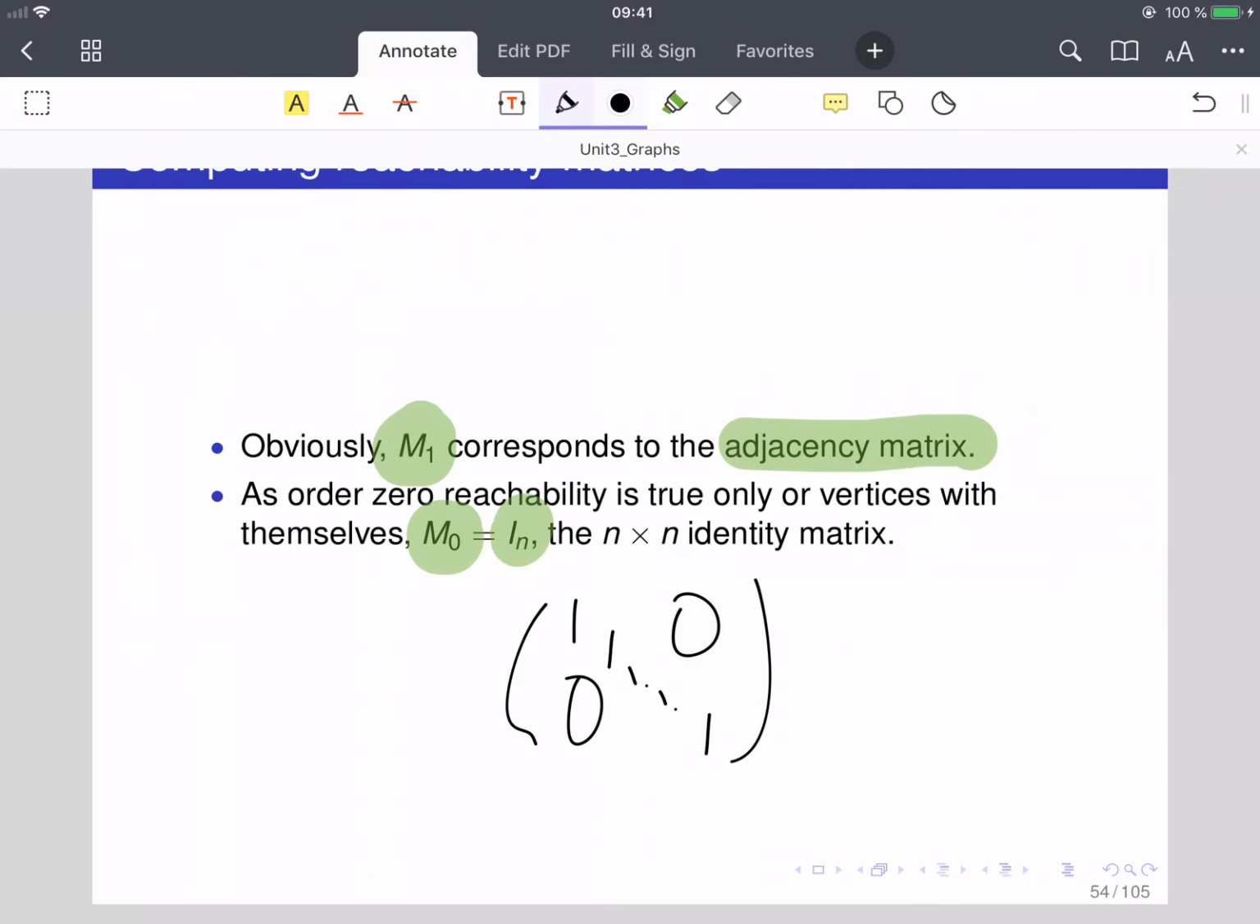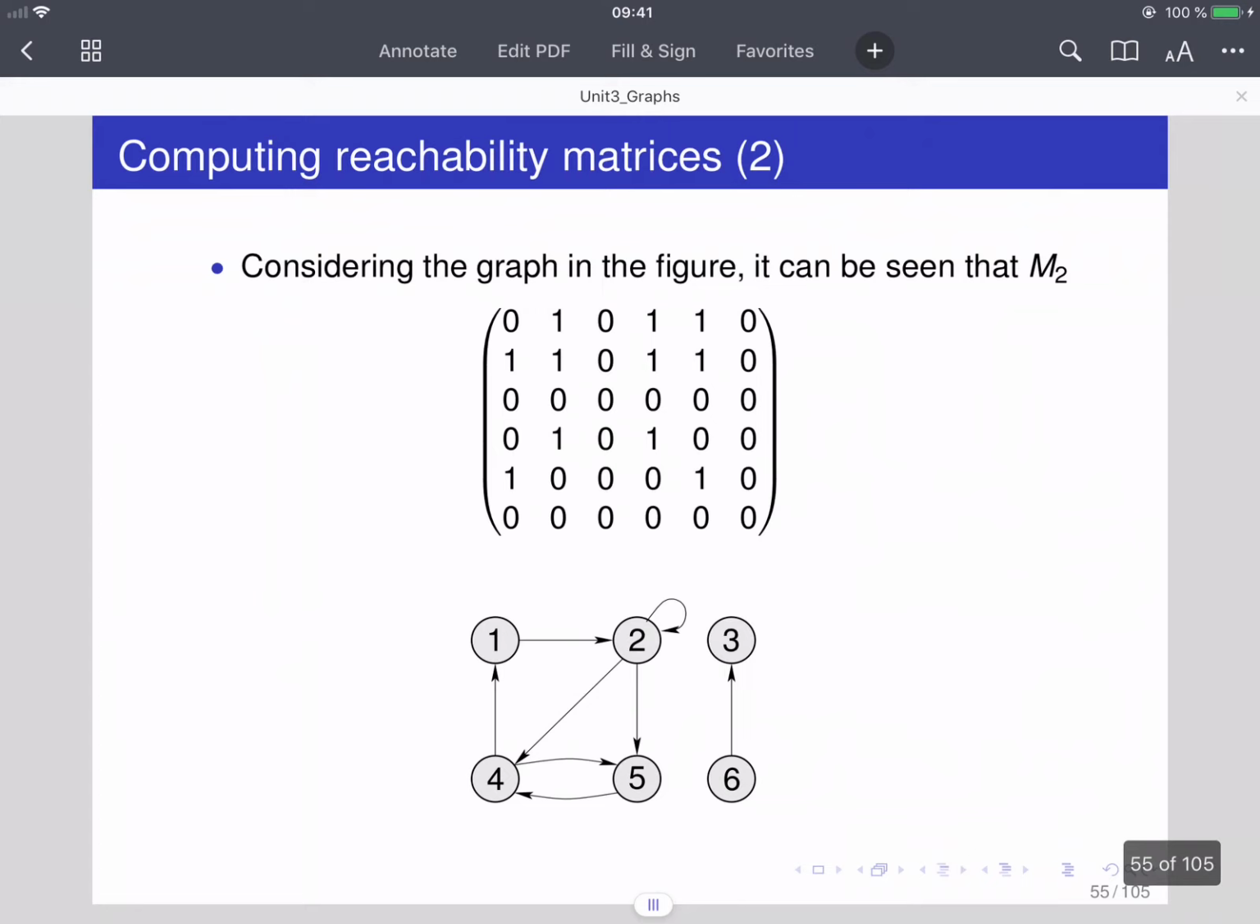And well, let's see how we could compute the next matrix. We know how to compute the zero reachability matrix. We know how to compute the one reachability matrix because it's the adjacency matrix. What about the two reachability matrix? The matrix that gives us ones in the positions where there are paths of length 2. So, well, for instance,